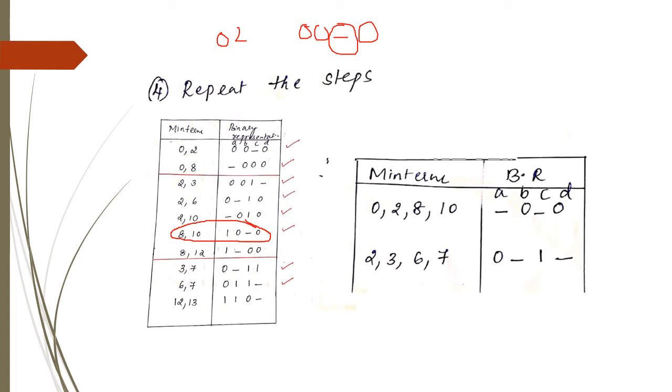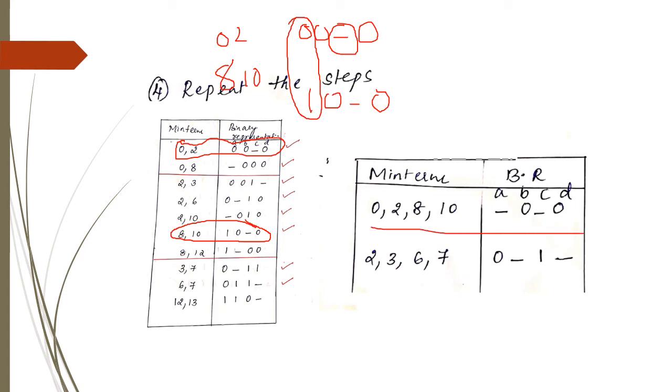Then you have to see whether it differs by 1 bit position. And here, yes, because you have 0 0 dash 0 corresponding to 0 2, and for 8 10 you have 1 0 dash 0. This is the only bit which is changing, that is 0 and 1. So you consider that as the merged term 0 2 8 10, and you're going to get dash 0 dash 0. At the same time I put a check mark over this. And 0 8 2 10 is also the same thing, so put a check mark against that.